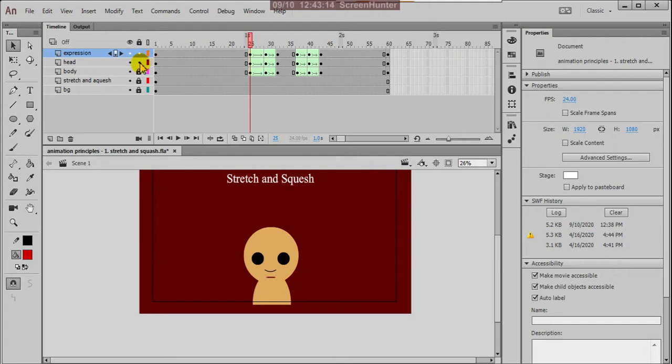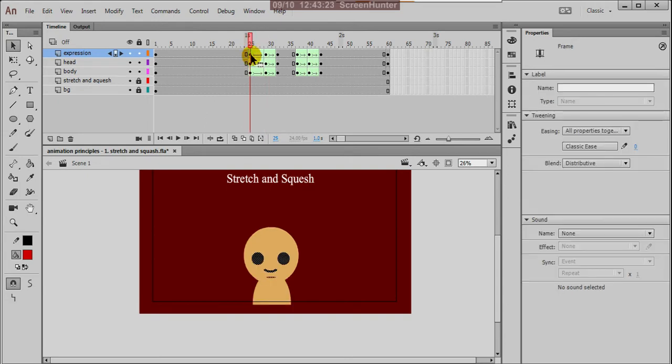Suppose head and body. Yes. Here, this is one key pose for expression, and this is another key pose for head, and this is another key pose for body. So these are there.